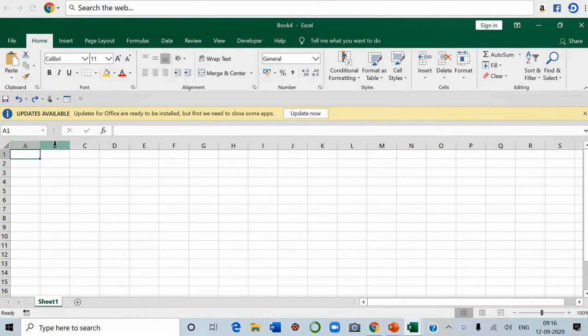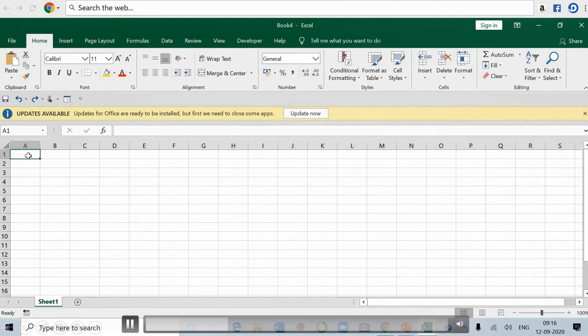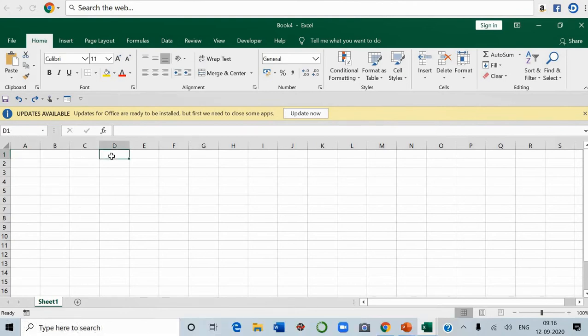So you see few A, B, C, D column names are there. These are the names of the columns and 1, 2, 3, 4, 5, 6 and so on. These are the row numbers and our pointer right now is at cell A1. See the address is shown here, A1. Suppose I click here. Now the cell address is D1. It is a combination of column name, that is D, and row number, that is 1. If you come here, now it becomes F2. F is the name of the column and second row.